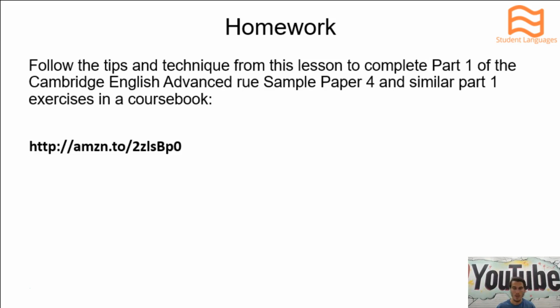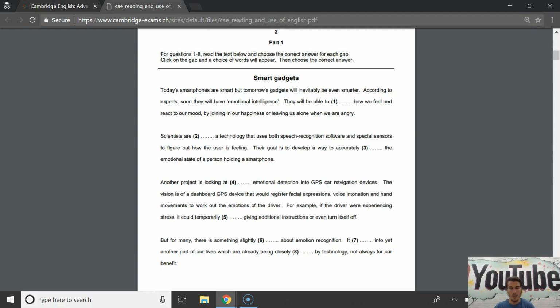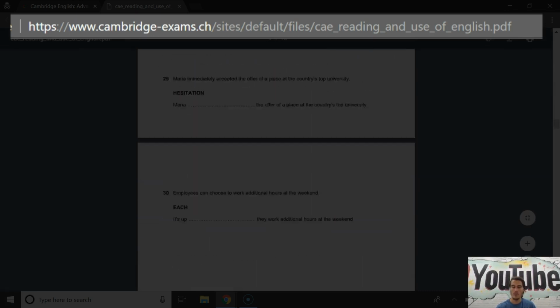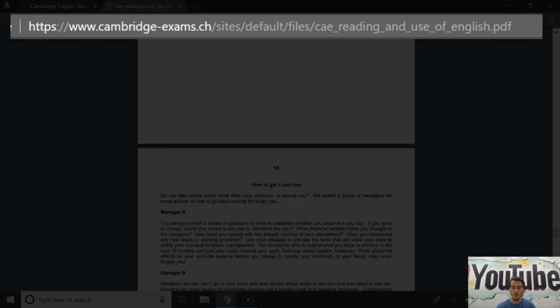Okay. So, for homework, what you should do is follow the tips and techniques that I've taught you in this lesson to complete part 1 of the Cambridge English Advanced Reading and Use of English Sample Paper 4, which again you can access if you type this web address into your internet browser. And also, once you've finished part 1 here, you can scroll to the bottom of the document,